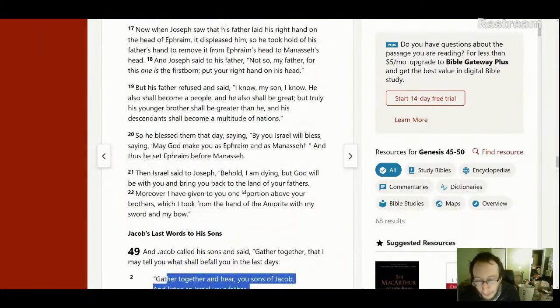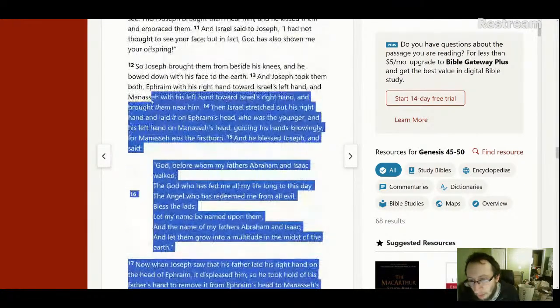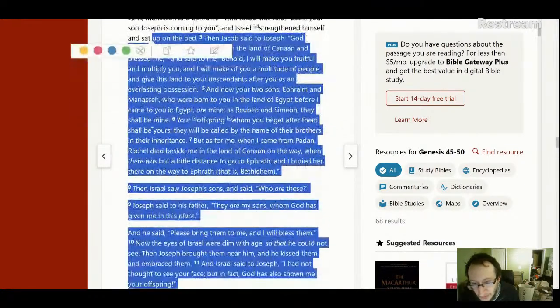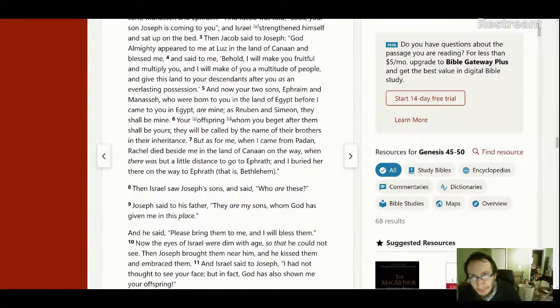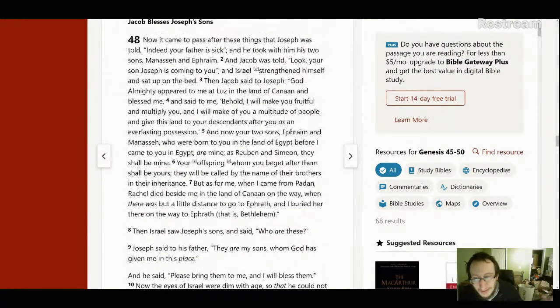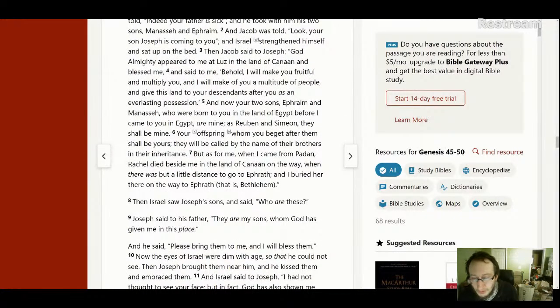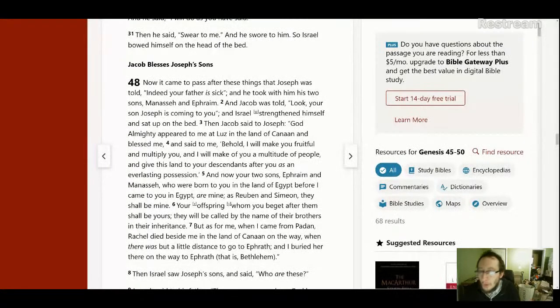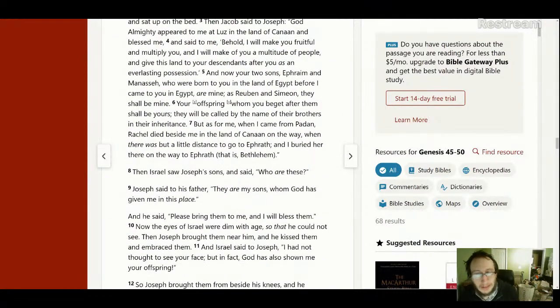So it appears that the Prayer of Joseph is a longer account of chapter 48 of Genesis, where basically it's like the testament of Jacob, but instead of the testament of Jacob to the 12 sons, it's only the testament of Jacob to Joseph's two sons. And that's why it's called the Prayer of Joseph, because essentially Joseph is asking for Jacob's blessing for his two sons. So the Prayer of Joseph is the prayer belonging to Joseph, Jacob's prayer for Joseph and his two sons, where Jacob blesses his two sons. So that's why it's called the Prayer of Joseph.